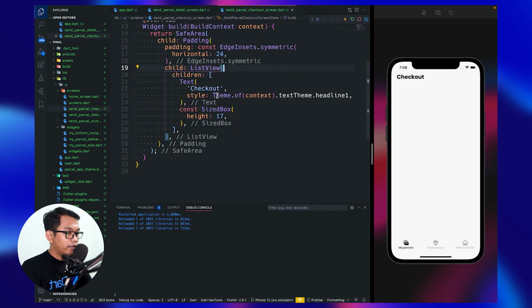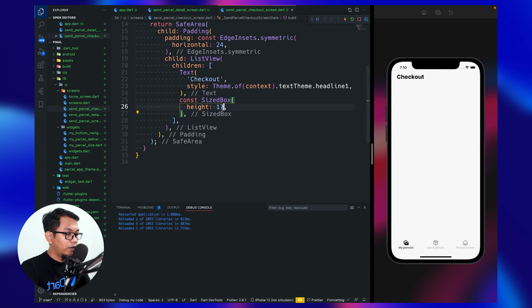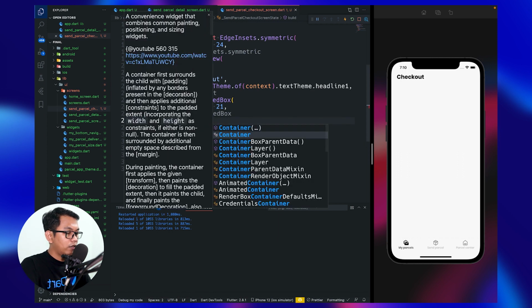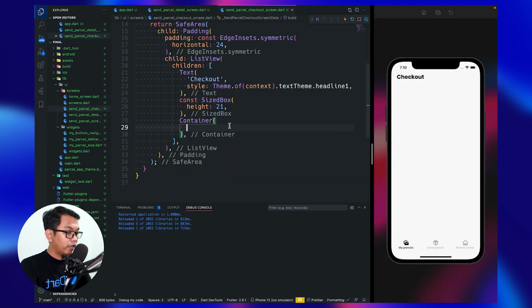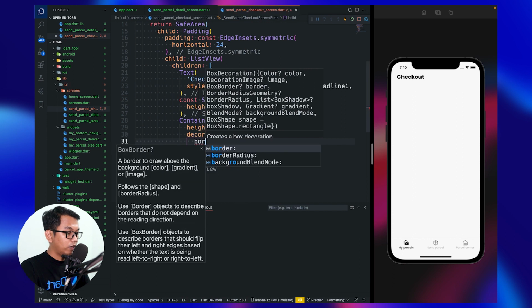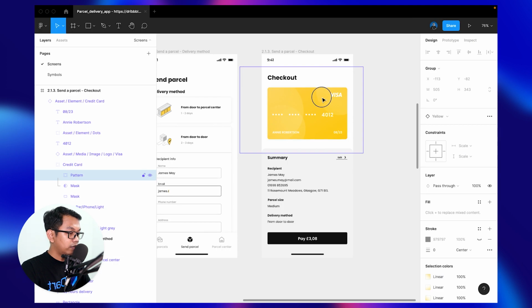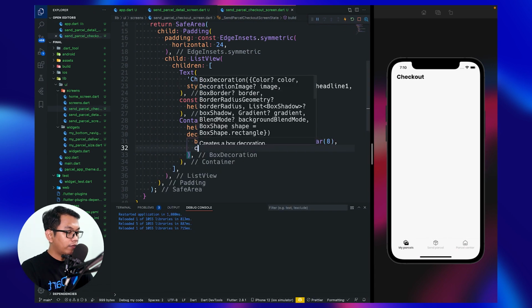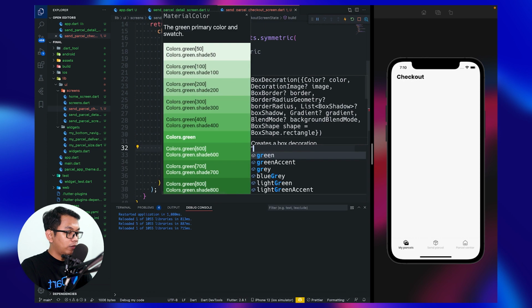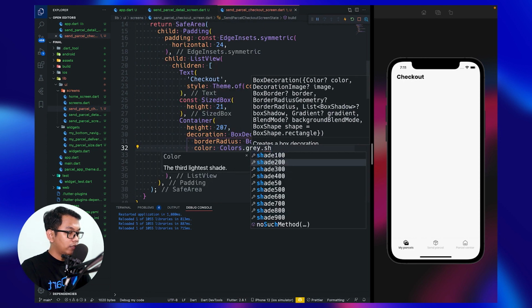All right, and inside our ListView, below our SizedBox we need to change this to 21, and below our SizedBox we use Container because we want to set this. And for the height it's around 207, and we use decoration, BoxDecoration. We say borderRadius it's around 8, so we say circular 8. And for the color, let's make it gray. For the shade is 200,